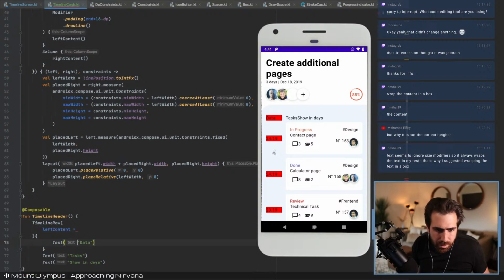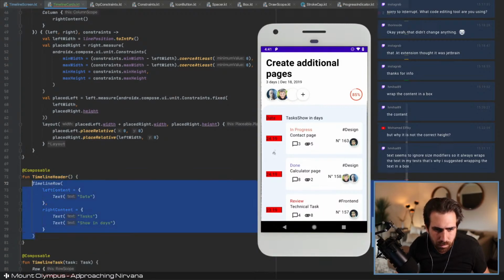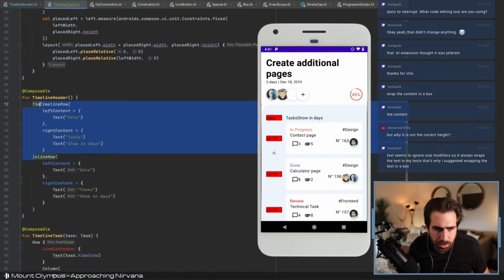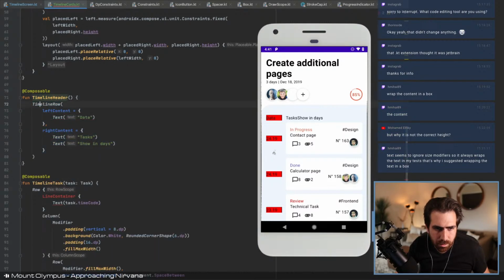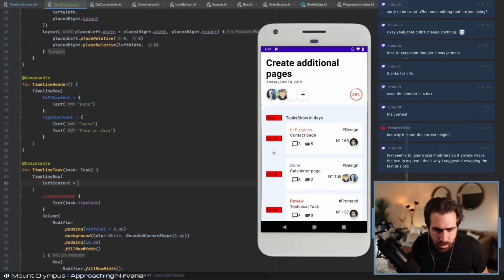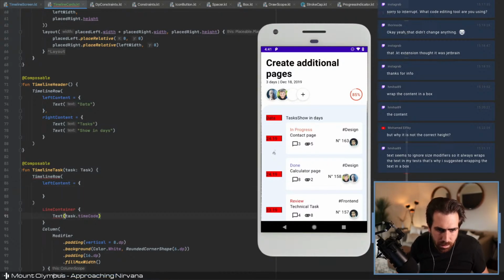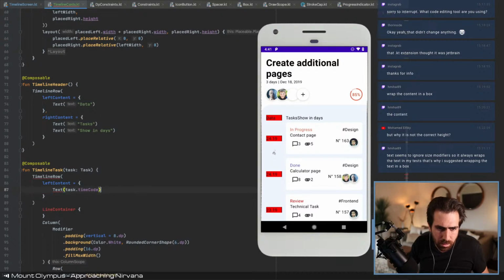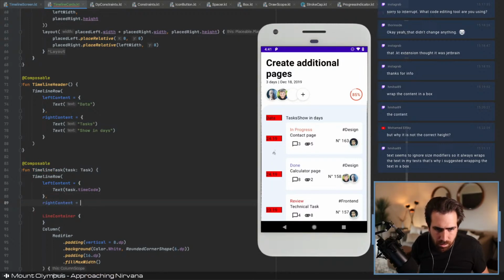All right, left content is equal to this, and right content is equal to that. And we'll do something similar here. Whoops. That'll become a timeline row. And we will say left content will be this. And